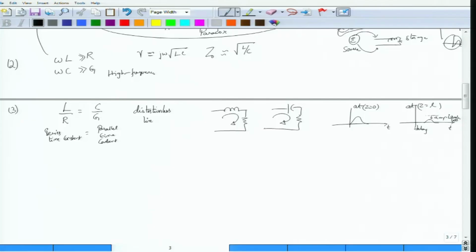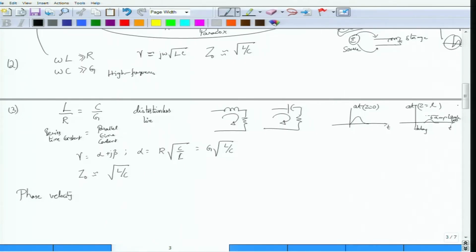You can show that gamma will consist of both alpha as well as beta, and we are interested in what is alpha. So gamma is alpha plus j beta, where alpha can be shown to be equal to R square root of C by L, or G square root of L by C. Similarly, you can show that Z0 for this case is approximately square root of L by C, and this is again real. There is one last thing which I want to discuss before we go to the next